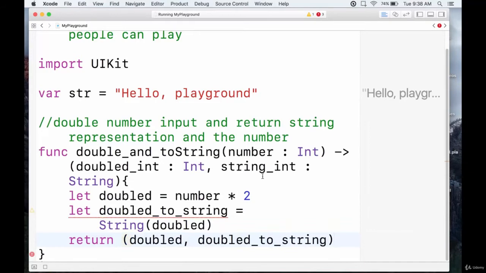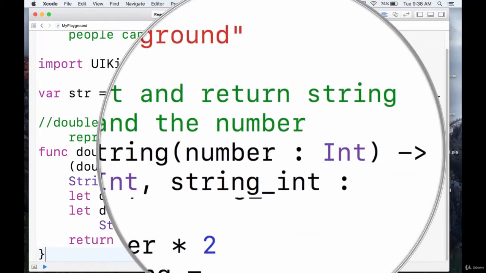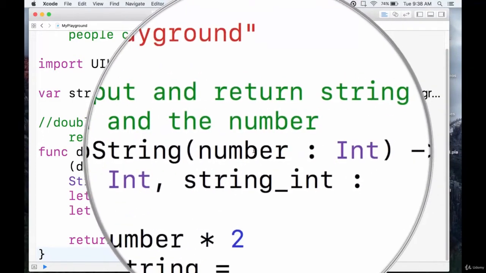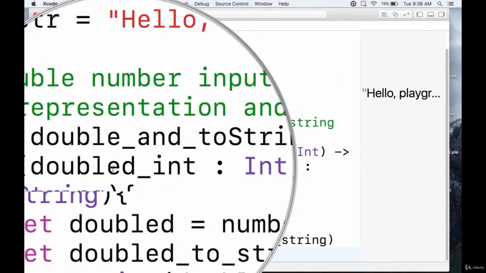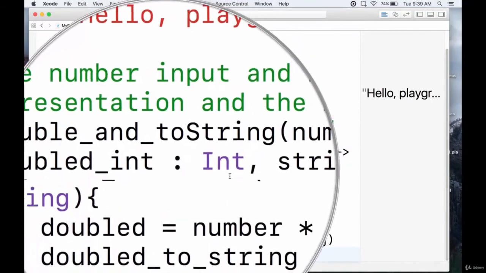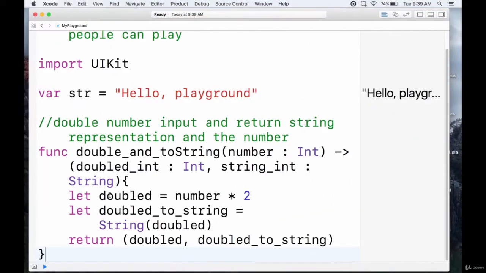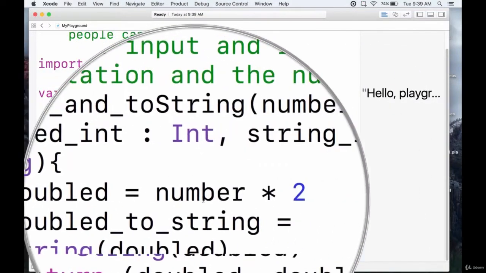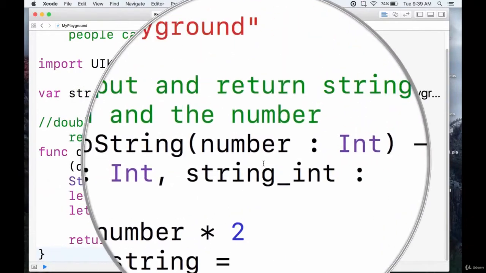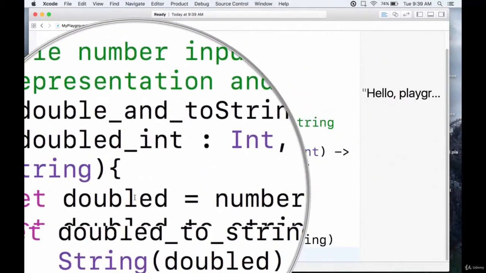Alright, so let's take a look at what's happening. Before we run this, before we call it and run it, we have taken in an integer, called it number, and we know we're going to return an integer and a string. So we doubled the number that we took in, so double this input parameter and stored it in this